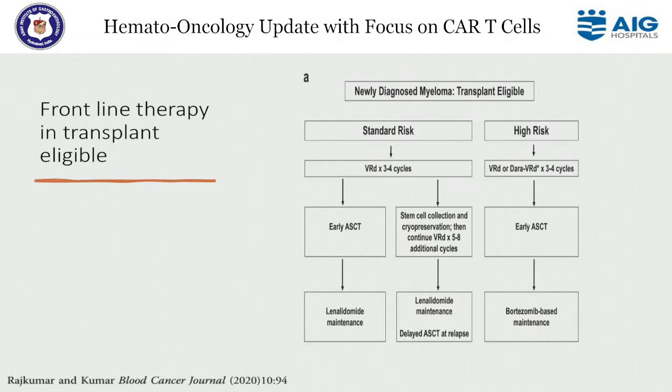For standard risk criteria, some researchers propose chemotherapy using the VRD regimen, or other commonly used regimens in multiple myeloma are VCD and VTD. VCD and VTD are used when there is renal failure. VRD is used if there is no renal failure. Initial induction therapy of 3 to 4 cycles is followed by early stem cell transplant and that is followed by lenalidomide maintenance. This is a standard practice